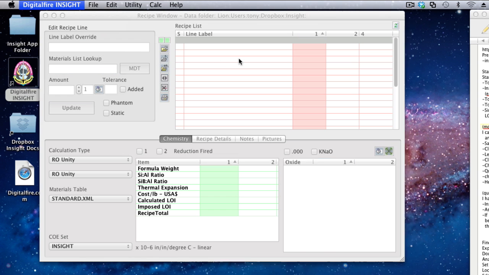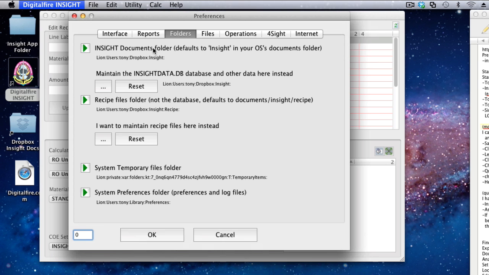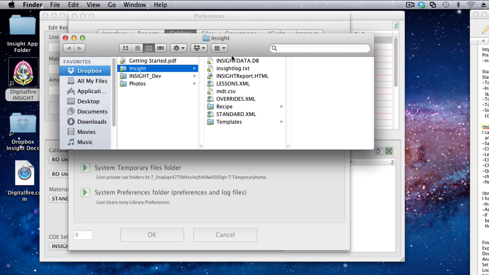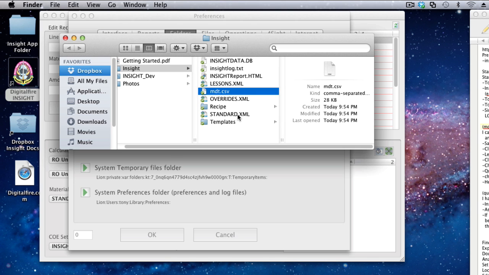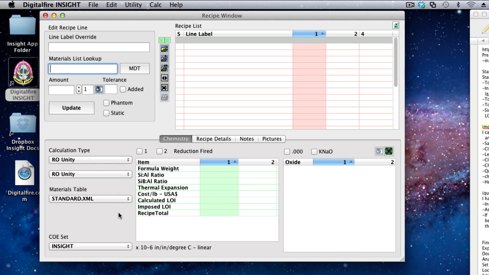Now I'll go into the Preferences dialog, Folders, and this is where I control the location of Insight's Documents folder. If I click this green arrow, it's going to open it. And here's the file that we just saved. So we'll close this, close this. Now I want to choose that